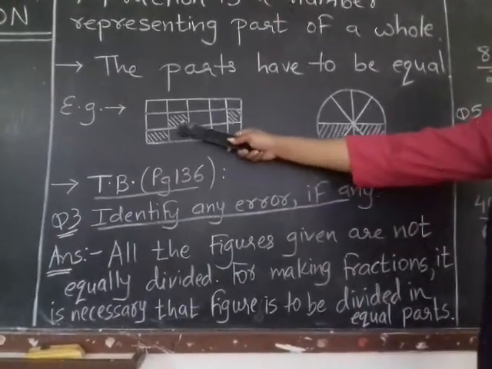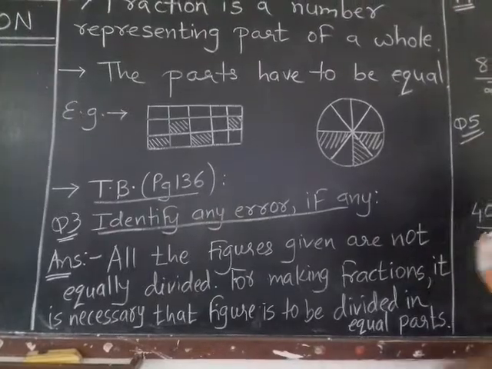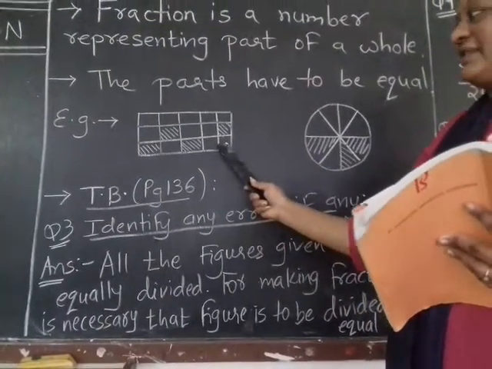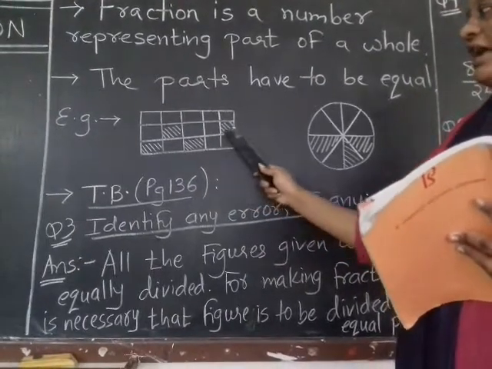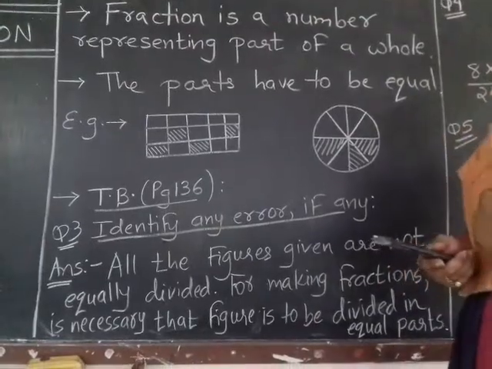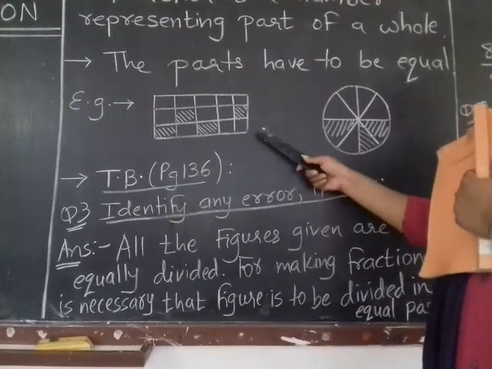Now here you can see I have shaded some of the parts; that will be the numerator. The total are 5 and I have 3 rows. So 5 threes are 15. Out of that, 4 are shaded. So 4 will be the numerator and 15 total parts will be the denominator. Hopefully this is clear to you.